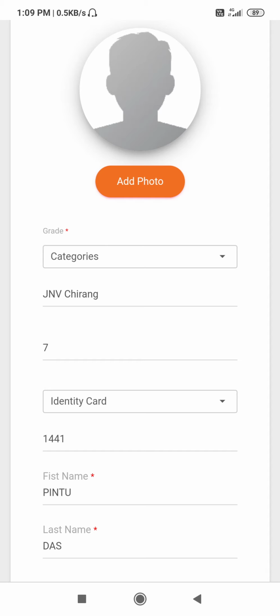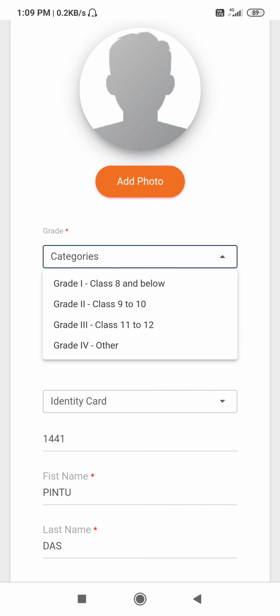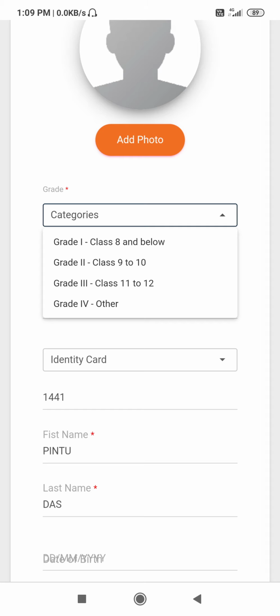First, you select the category. In the category box, if you are studying in class 8, 7 or 6, then you have to select class 8 and below.